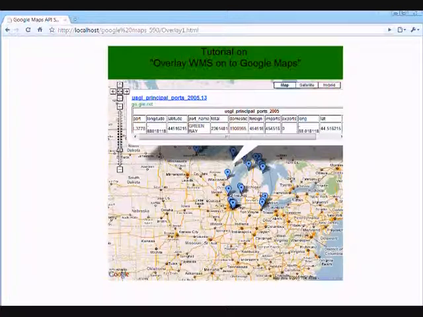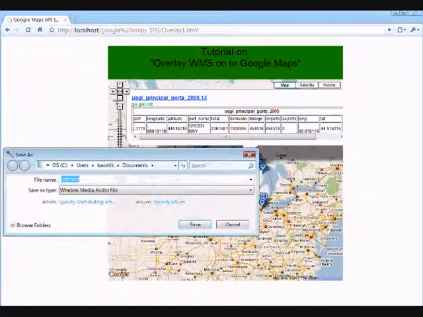So I hope this tutorial has given a small overview or background of how we can get the data from the OpenLayers or the GeoServer, and we can incorporate it into the Google Maps. In Google Maps we have many functionalities which we can actually develop based on the data given, and as it has more graphical interfaces and other features of Google Maps, we can actually get the data from the WMS layers